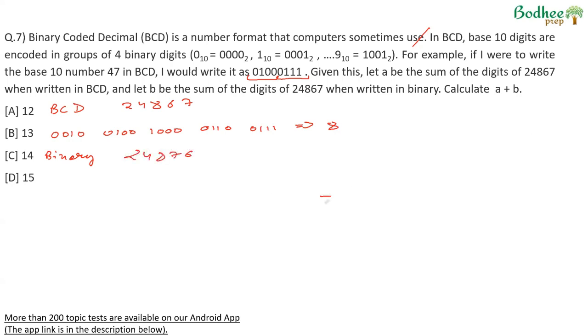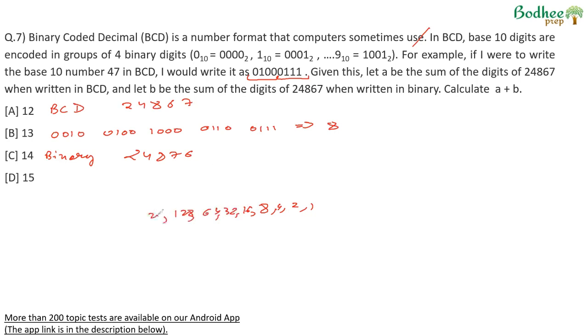The powers of 2 will be 2 raised to power 0, 2 raised to power 1, 2 raised to power 2, 2 raised to power 3, 2 raised to power 4, 2 raised to power 5, 2 raised to power 6, 2 raised to power 7,